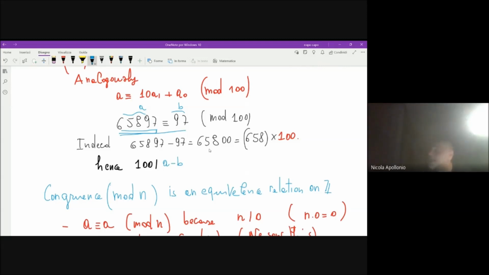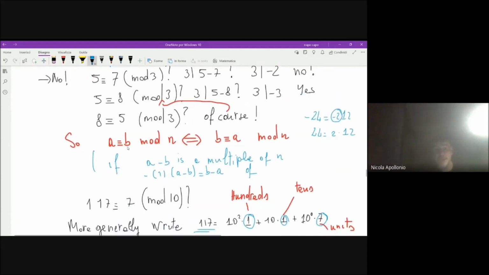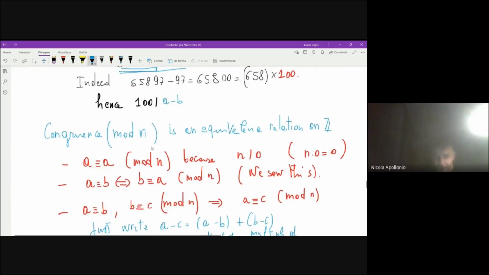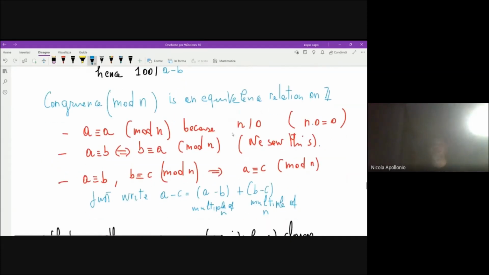I say they are congruent to each other because we proved that A congruent to B modulo n if and only if B congruent to A modulo n. So we already proved that this relation is symmetric. And indeed, it is an equivalence relation on Z because it is clear that any integer